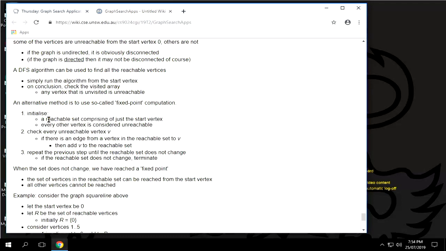So we initialize a reachable set comprising just the start vertex. So you start with 0, presumably, and every other vertex is considered unreachable. Check every unreachable